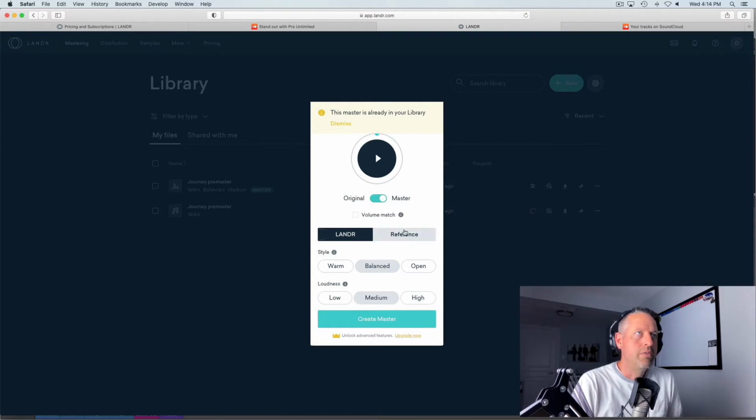You can load a reference track in there. I didn't try that, but that's a nice feature to have. It's telling me that the master is already in my library. So not a whole lot of features in here. We have style: warm, balanced, open; loudness: low, medium, high. I very quickly went back and forth between original, master, and volume match, and I just kind of clicked these various things, and I found that,